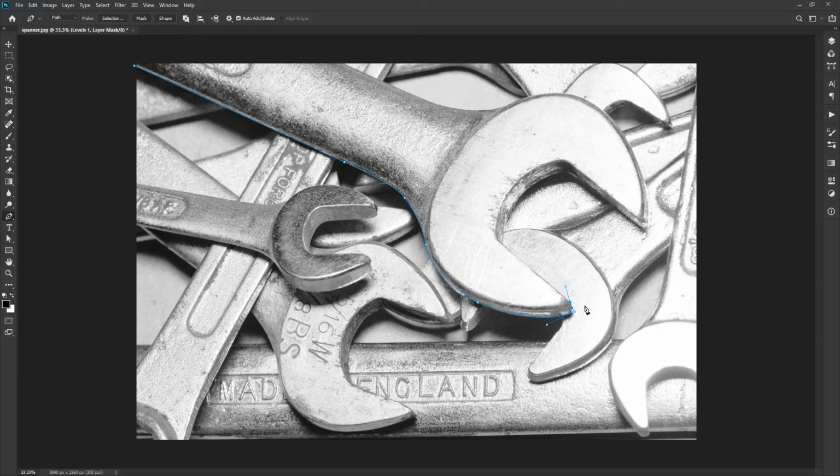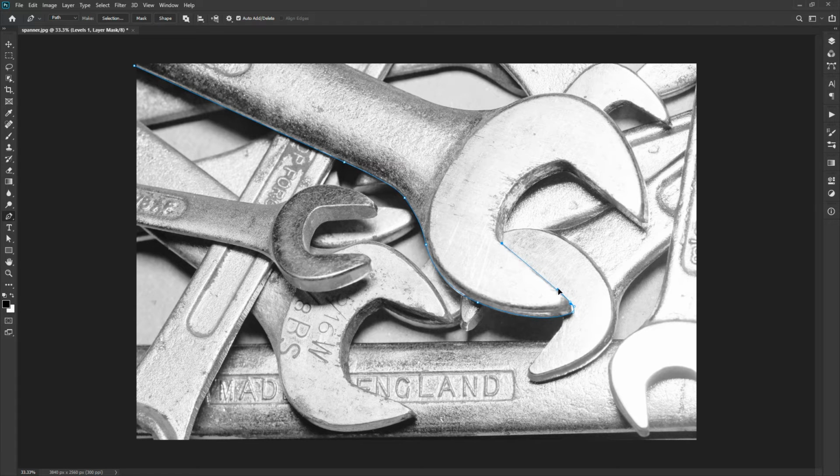Now here you can see we don't have a curve, but we have a straight line and a corner on the edge. Though if we just click on the edge to create a straight line, the curve will be created on the path as the last anchor point has a forward direction handle. So for this anchor point, we don't want a smooth curve, but instead we need a corner.